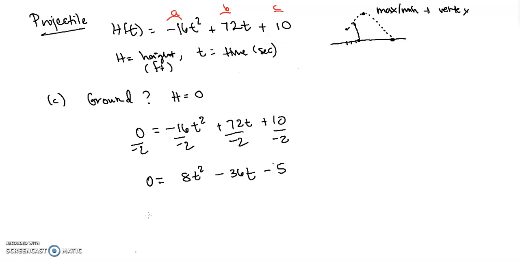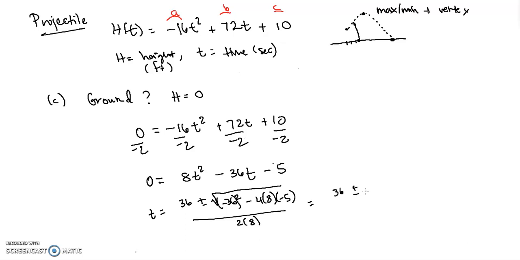We're running super short on time. I think that it might factor, but I'm going to go ahead and do the quadratic formula real quick so we can get an answer. So we're going to have negative b plus or minus the square root of b squared minus 4ac, all over 2a. So it's going to be 36 plus or minus, and then underneath the square root, that's going to be 36 squared plus 1456, over 16. No, that wouldn't factor. Okay, so we've got 36 plus the square root of 1456 over 16. I get 4.6 for one of my answers, and then 36 minus the square root of 1456 over 16, and I get negative